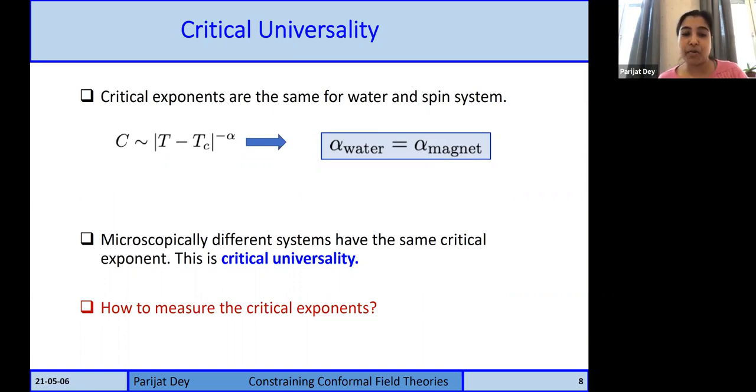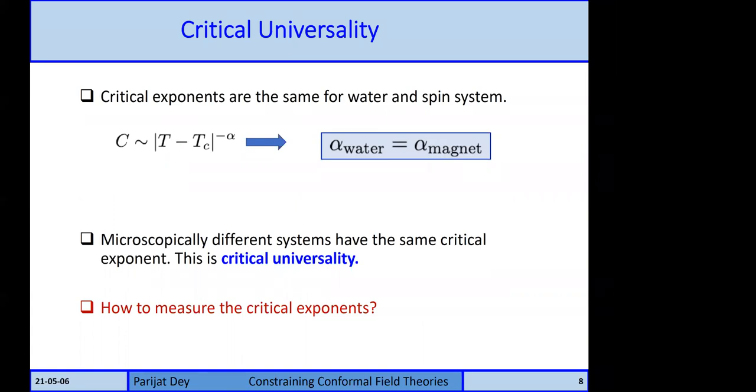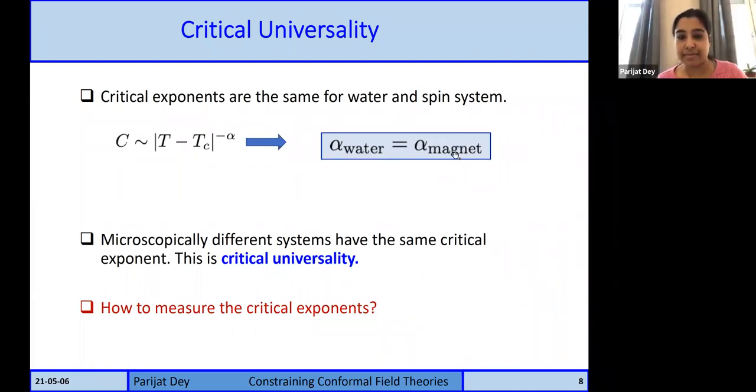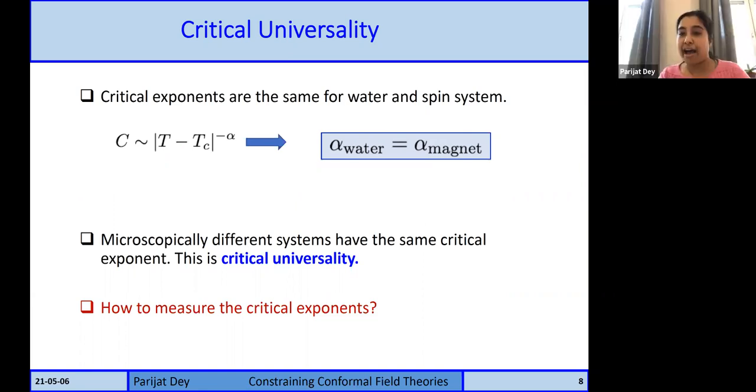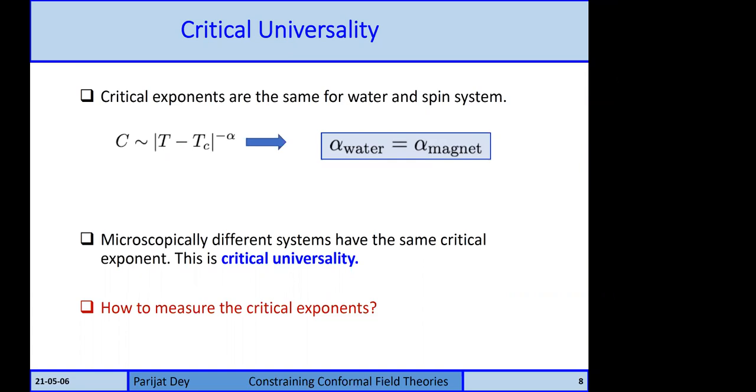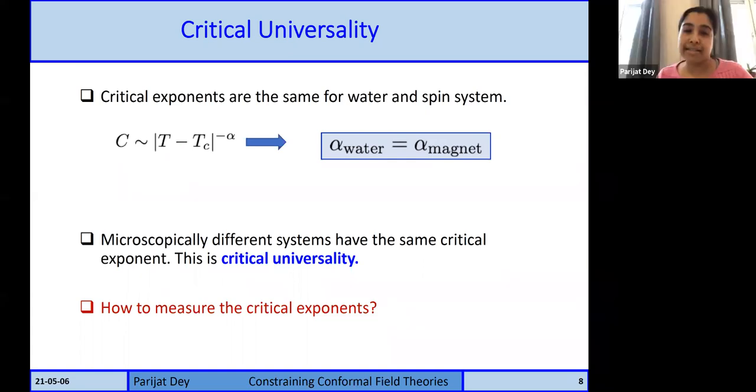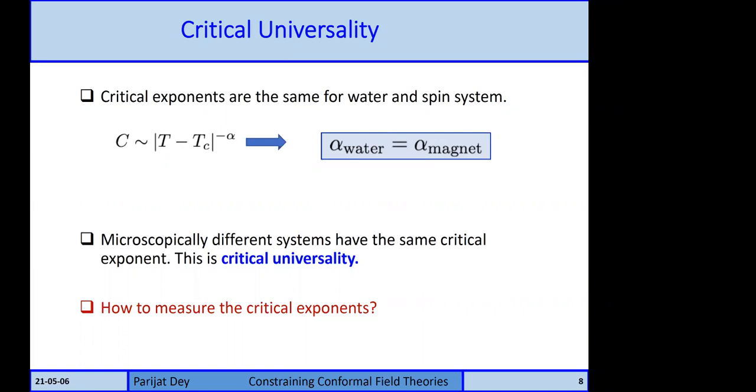Question: the spin model is in what dimension? What is the dimension of the spin model? Is it also 3? No, it is 2, but you have 1, but temperature adds the extra dimension. So it's 2 plus 1. I will actually describe it in detail. 3D Ising model and 2D Ising model have different exponents. Yes, whatever I will be talking about, it's greater than 2. So this is the 3D Ising model.